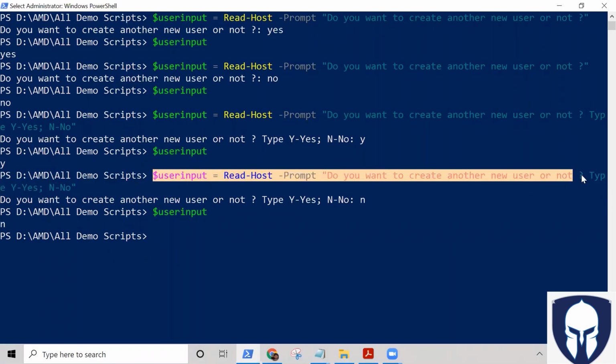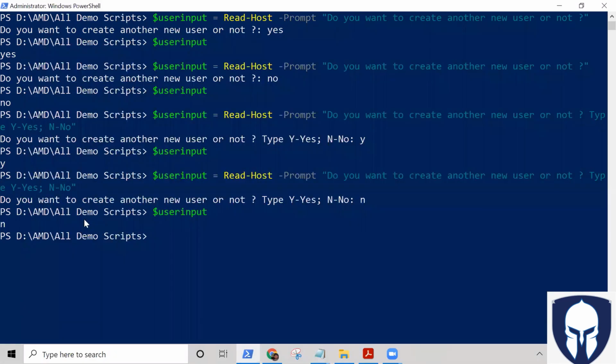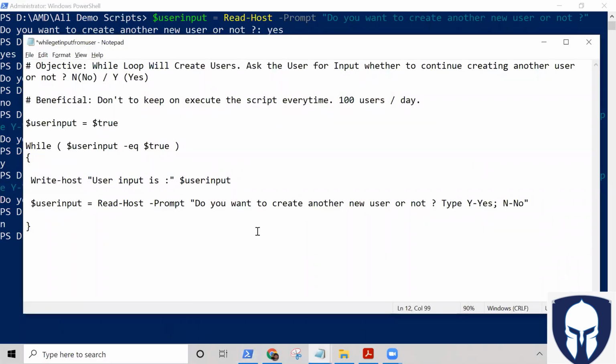Okay, so let us copy the same thing, and then we are going to use it within this. Here again, just to make sure that there is no spelling mistake, I just copy and paste it so that this is the user input. Now what I'm saying here is, if user input is equal to Y, or let's say just yes,